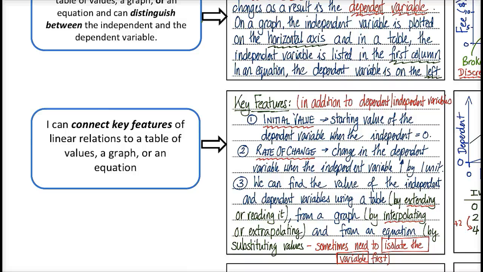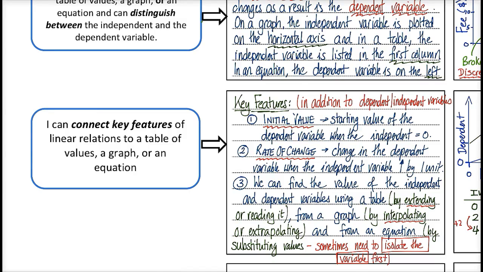Hi, grade nines. Today we're continuing to look at the key features of linear relations that we've been talking about for a while now. We've covered most of the key features. We know about independent and dependent variables. We know what we mean by the initial value and the rate of change or growth rate